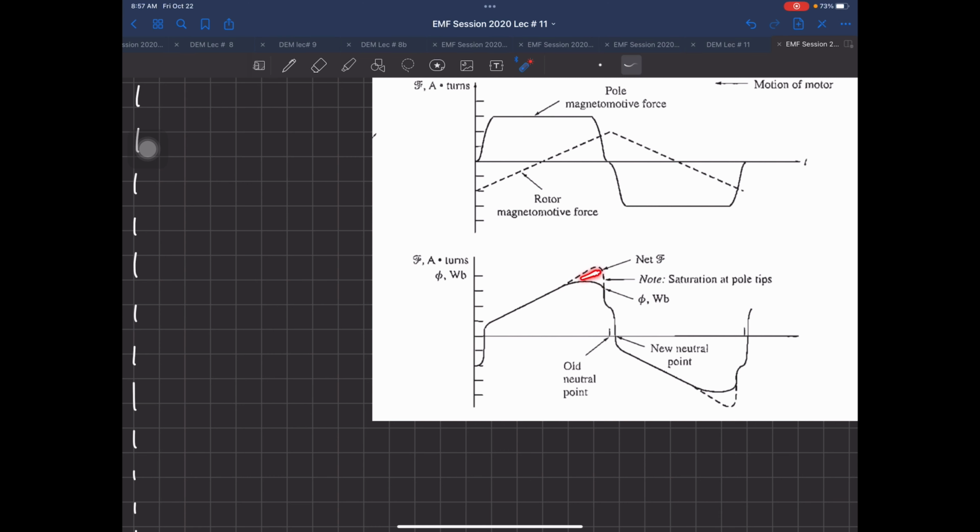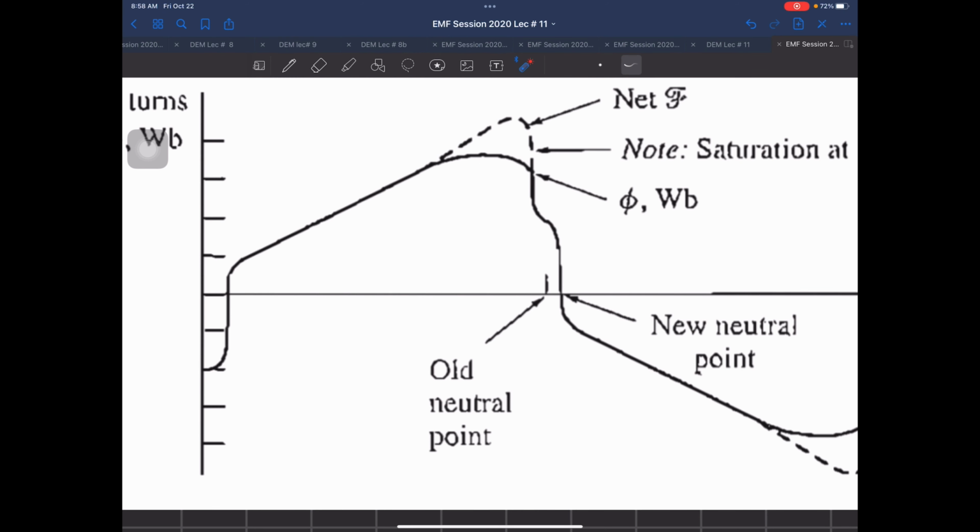But it is not increasing. This area is lost because of the saturation. So there is an x increase over there, but there is a 2x decrease over there. So this is the net magnetic field over there. You can see very closely that this line should have passed here, but this angle is the theta angle shift, which I told you will be equal to 30 to 40 degrees in practical machines when the load is increased. This is shown very small over there, but practically it will be something like this.